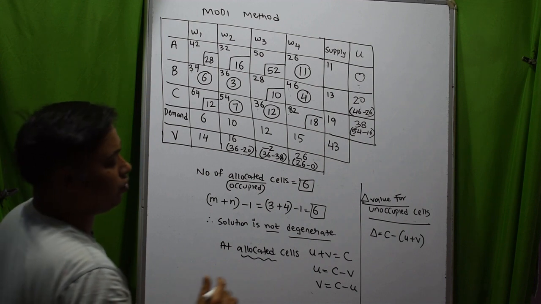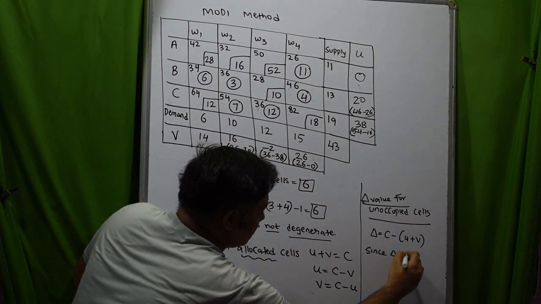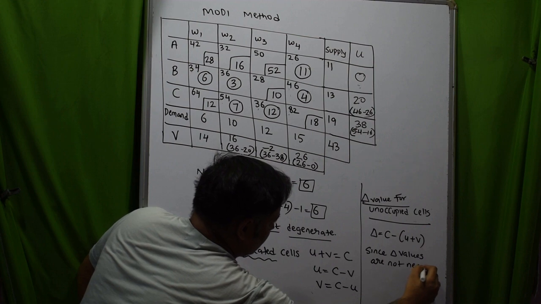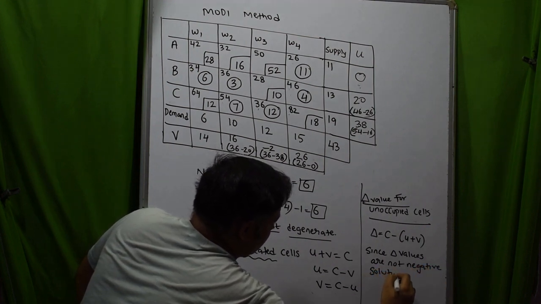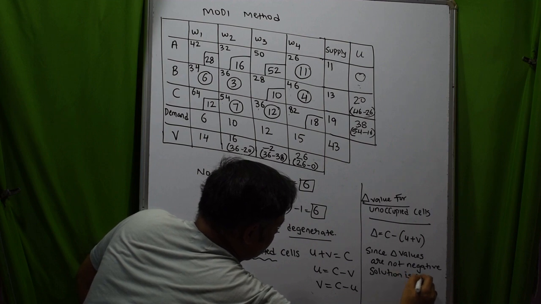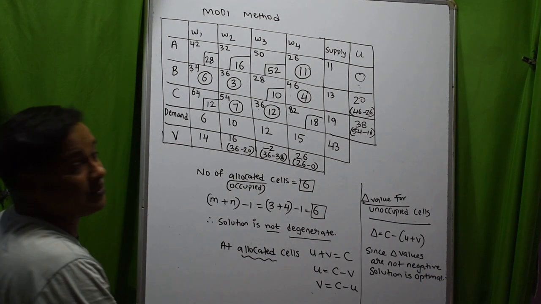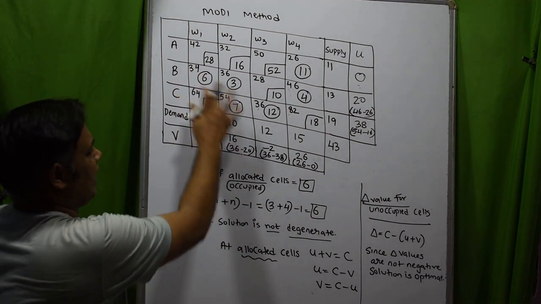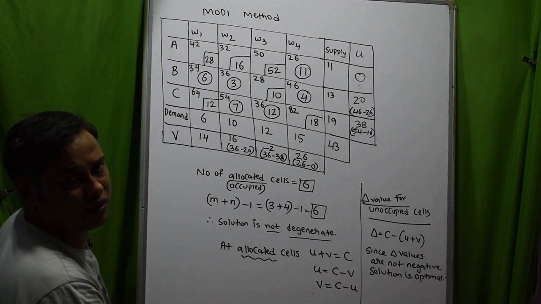So we can conclude, since delta values are not negative, the solution is optimal. If the delta value of any of the unoccupied cell or the unallocated cell was negative, that